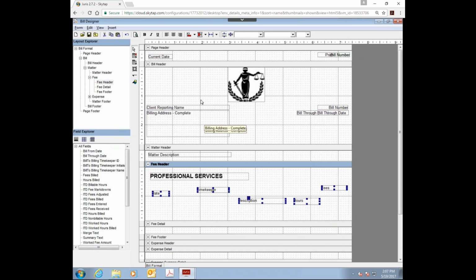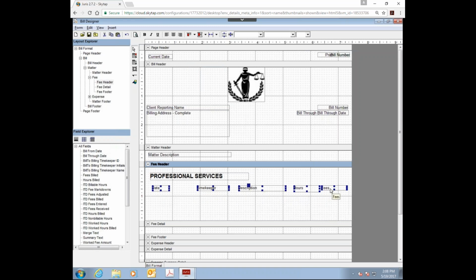So it's going to align to this, and that's where these alignment buttons come in. I can align them to the left, which would align it to the left side, which is not going to work. But when I hit this little drop down next to the Align Left button, I can also align them to the top of that fees box. So I click on Align Top, and boom, everybody lines up to the fees,